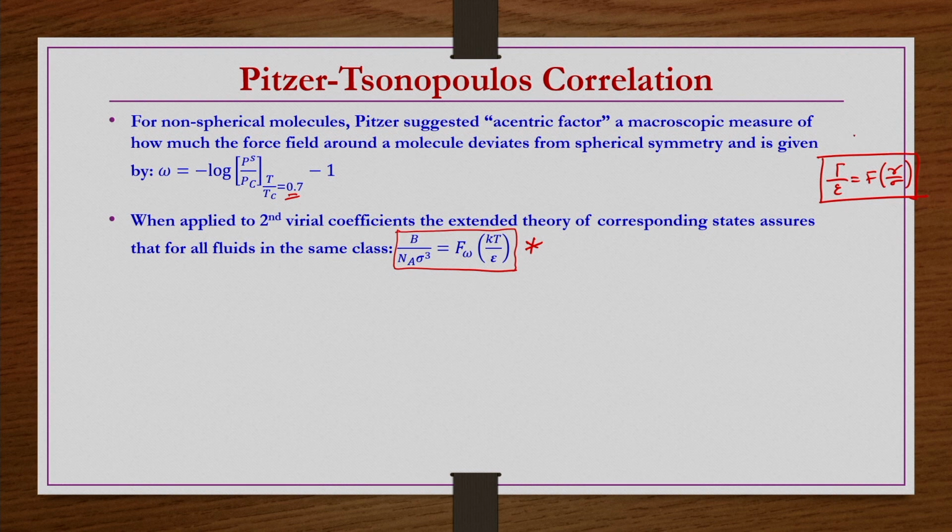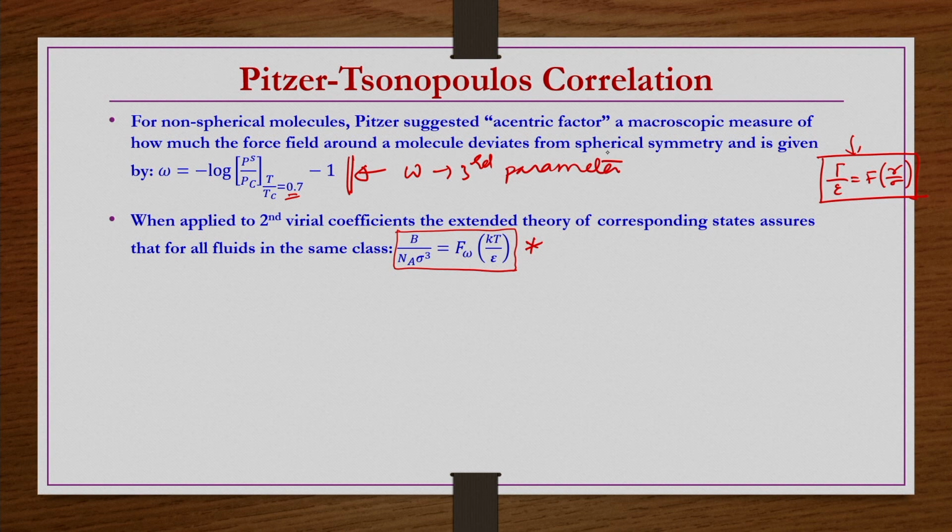But this is developed only for the cases where the equations of state have only two constants. Only for those kinds of cases is it valid, and only then can you find this universal function. But it has been found that this is not possible for bigger, non-spherical molecules. Then the extended theory of corresponding states came into the picture through this factor, and this omega comes in as a kind of third parameter.